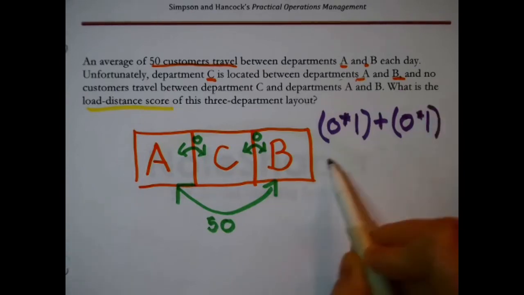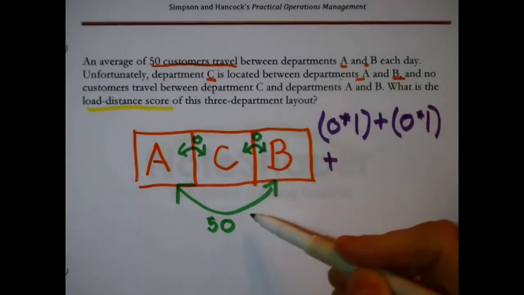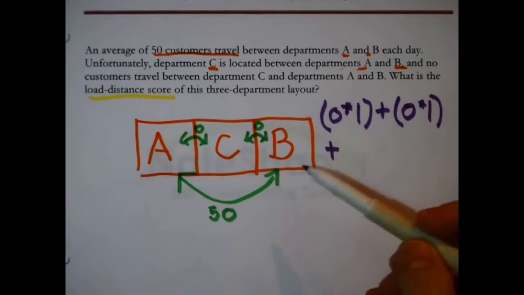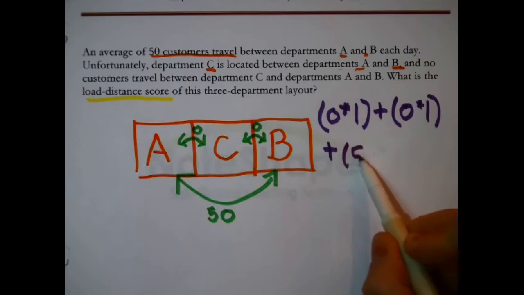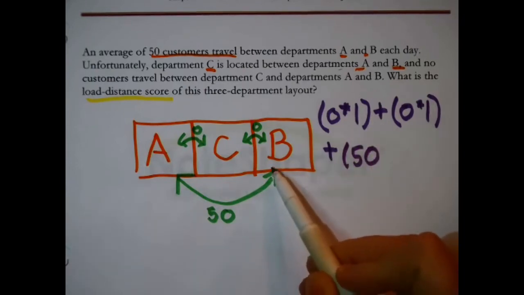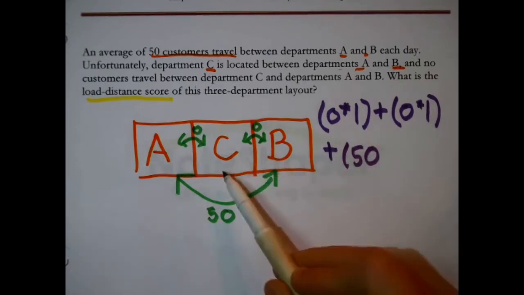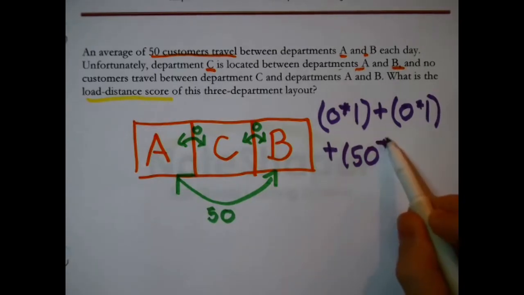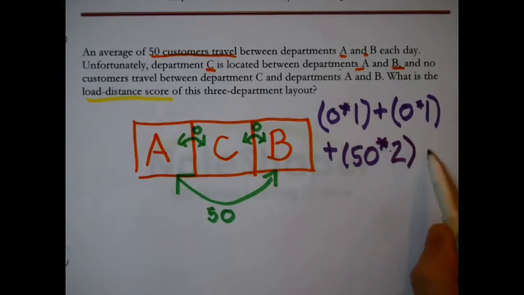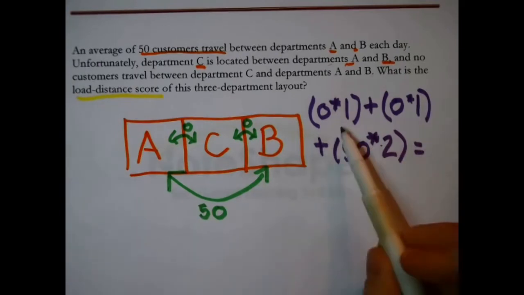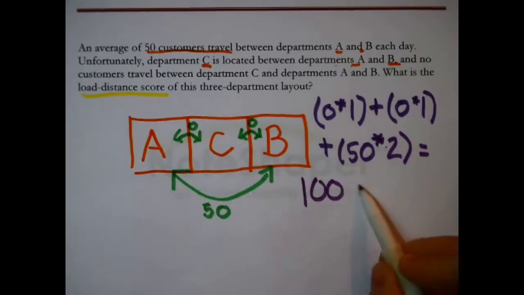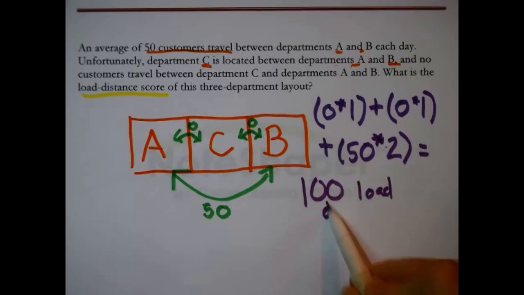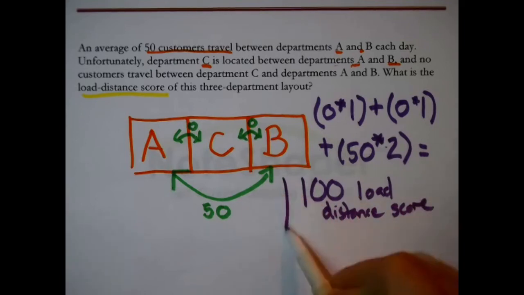So 0 times 1. Plus, and you keep accumulating these. The only other one of interest here is right, where those 50 customers were going from here to here, plus 50 times, oh wait a minute, this is a trip, what's the distance of 1, 2? So it would be 50 times 2, right, or 0 plus 0 plus 100. 100 is the load distance score of this layout,